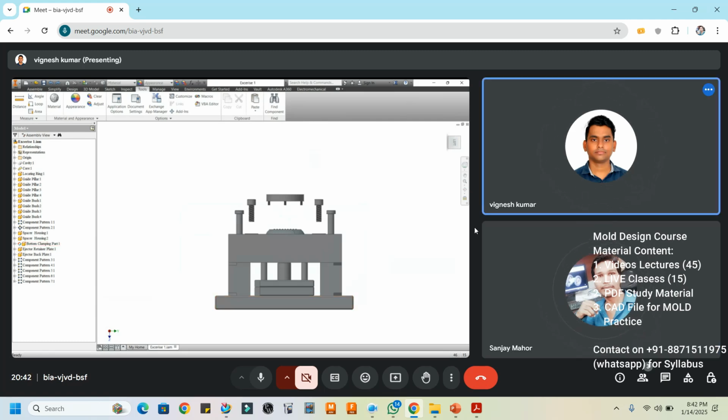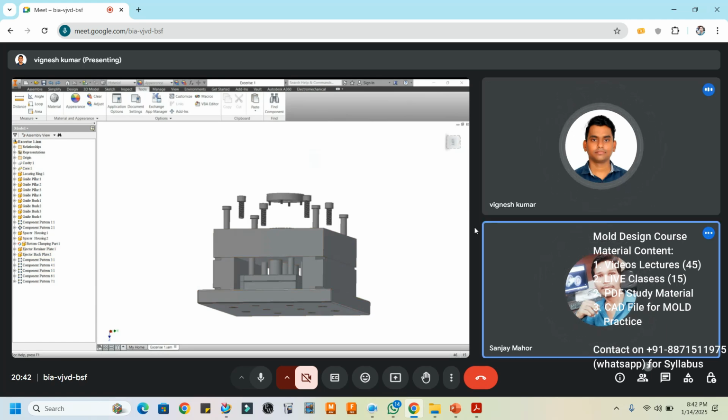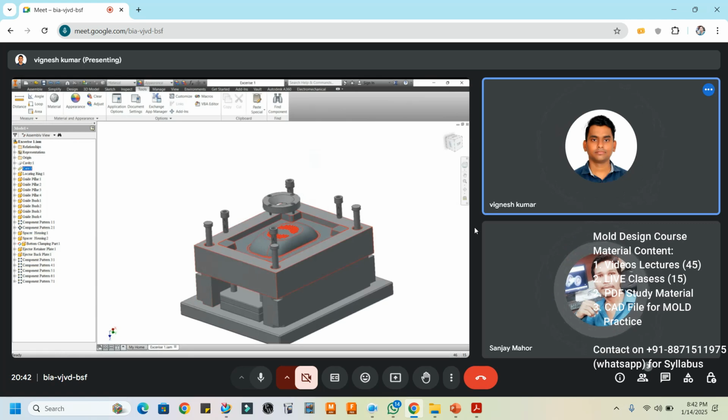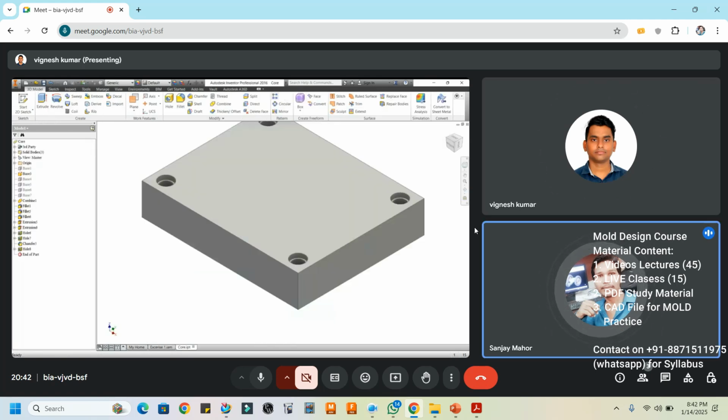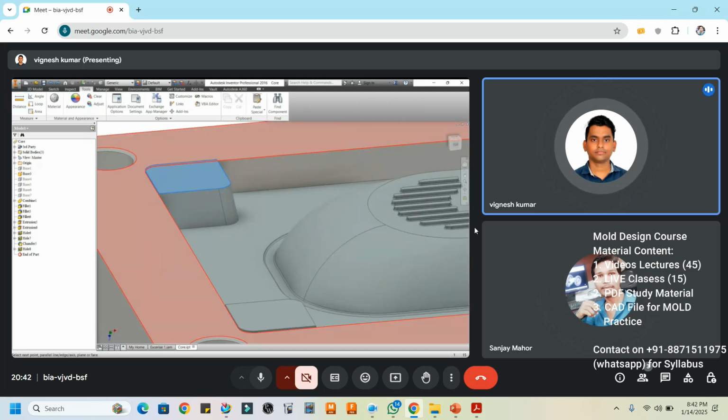Sir, regarding this, last time we studied about those tipper plates and I understood, sir. Okay, so here one more thing: your core insert, why is your core insert inside the housing? No, sir, it's a 0.5 mm offset with respect to the top.